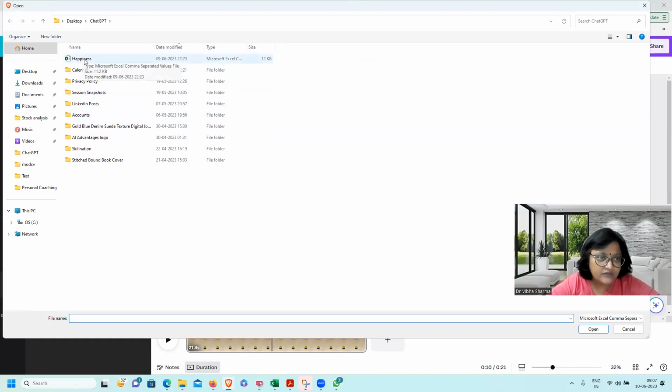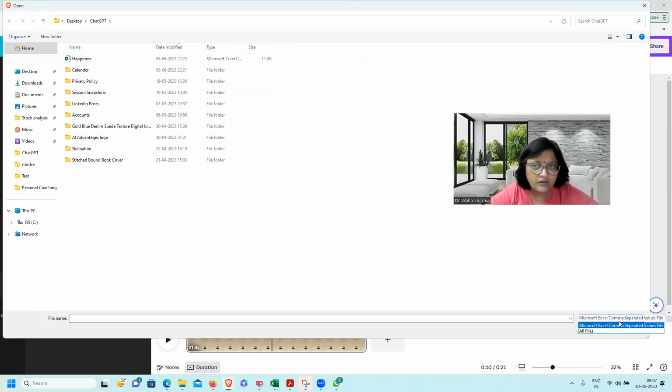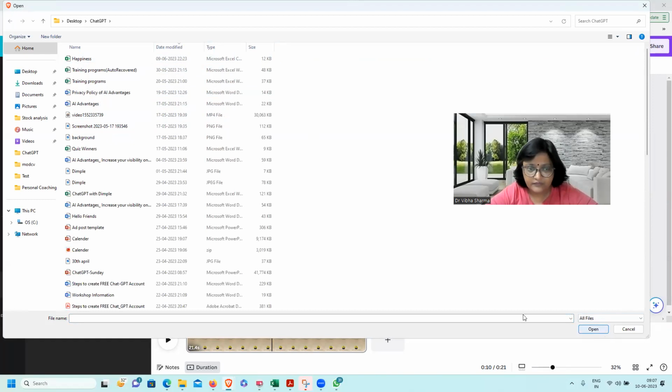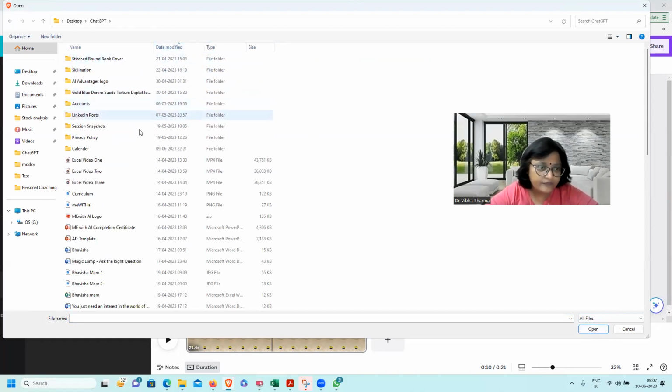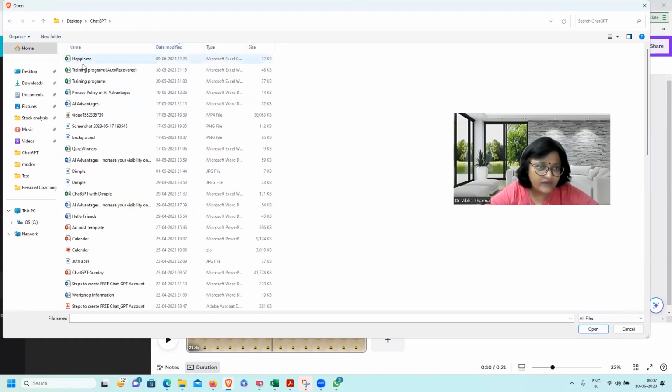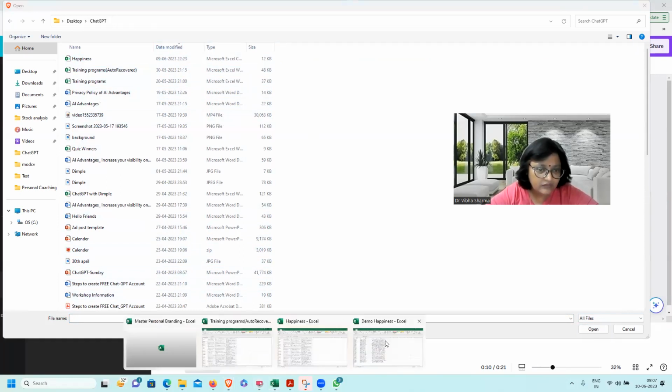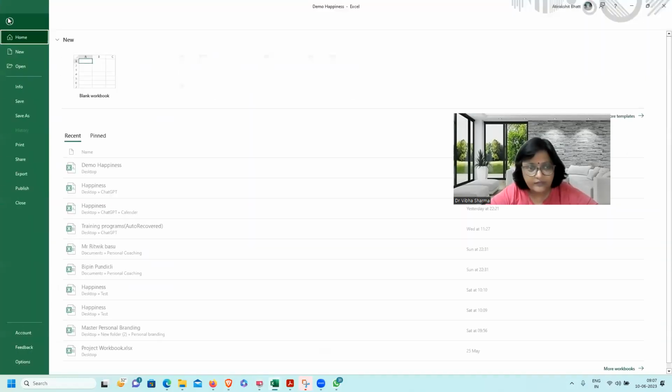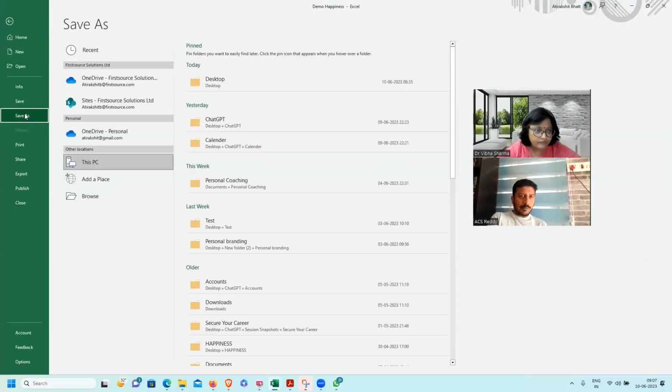I'll go to where my CSV is. If in case I can't find it, I'll go and change this from Microsoft Excel to all files. You want to apply a filter on type format? Probably that will help you.